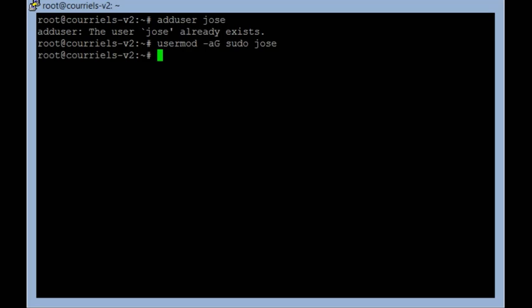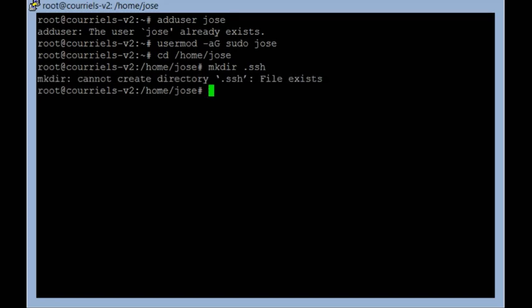So now I'm going to the home folder of José. I'm creating the mkdir .ssh folder.